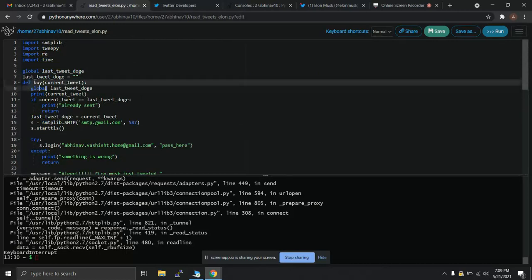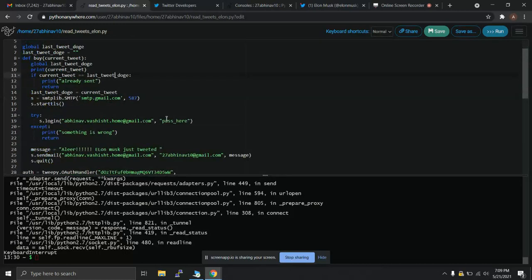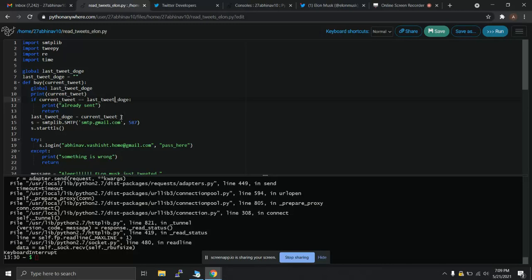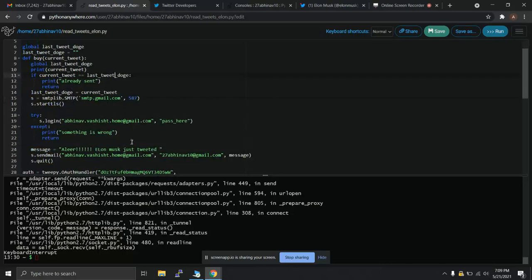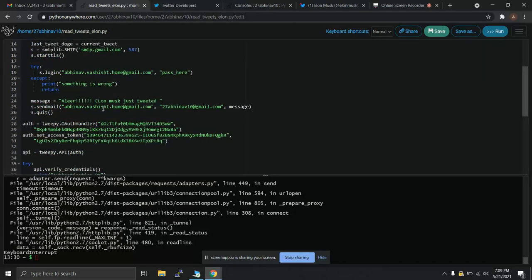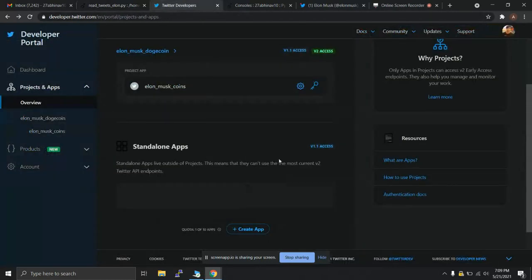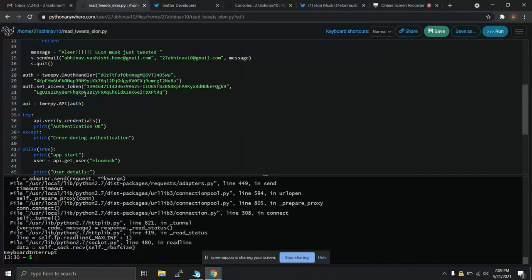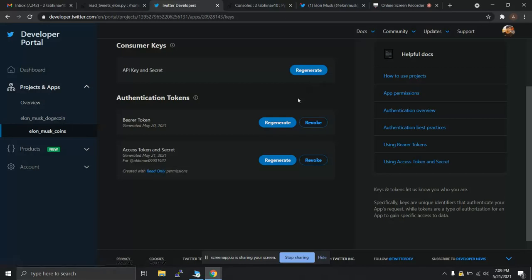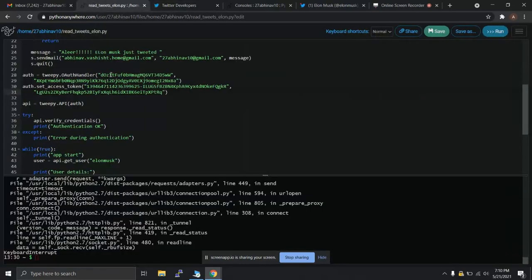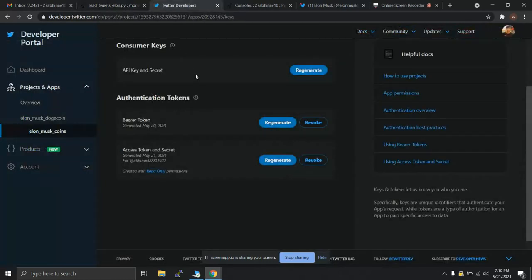First we have a function named buy, and this buy function uses the SMTP protocol to send an email to me whenever this function is called. You can search on Google, and I'll provide you with links on how to send a mail using the SMTP protocol. Basically, everything is just simple. You have to get two things from your Twitter developer account: the access tokens, and the bearer token and secret key, and you have to paste them here. I'll drop a documentation API.